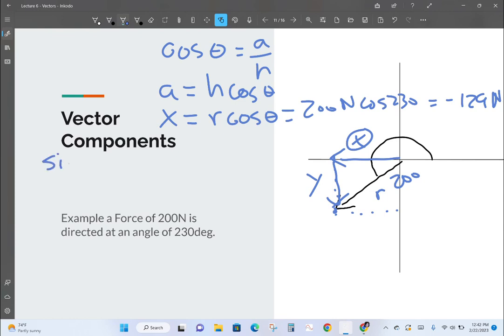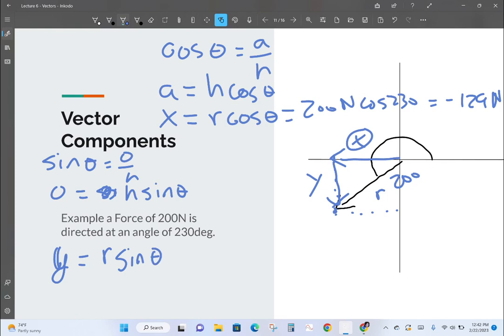All right. If I want to find the y side, and I know the hypotenuse and the angle, then I'm going to use sine theta equals opposite over hypotenuse, or opposite side equals hypotenuse times sine of theta, or our y value is equal to r sine of the angle. And r is 200 newtons times the sine of 230. And so that equals 200 sine of 230, should also be a negative number because it's pointing down to the south. That equals negative